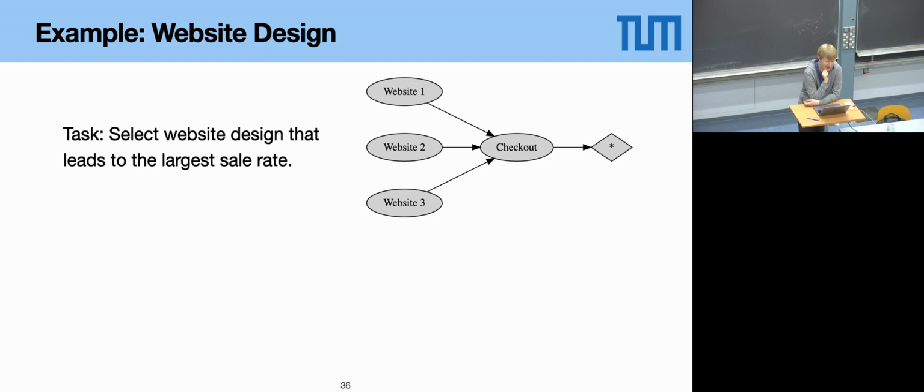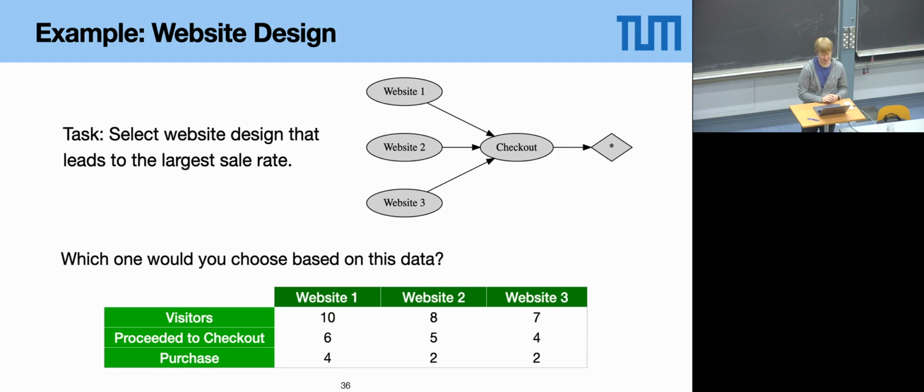This also is a multi-stage process, the website stage and the checkout stage. And one can now ask the question which one of these web pages would you choose to advertise the product, based on this data. Similar to before, there are 2 different answers to this problem, depending on whether you want to do Monte Carlo or temporal difference learning. And I'll leave it as a home exercise if you're interested.